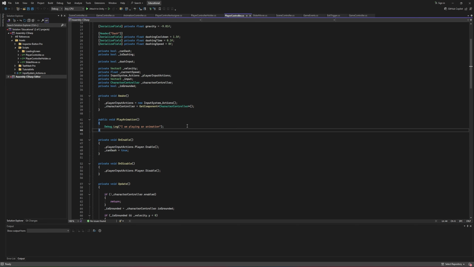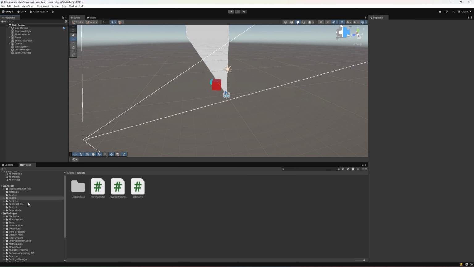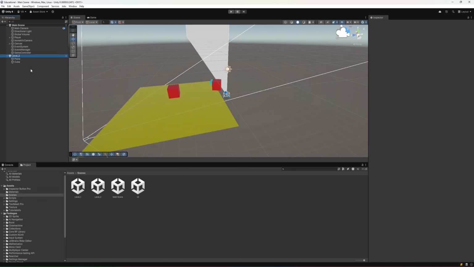What we will do now is invoke a PlayerAnimation function in a PlayerController. But the invoker would be located in a different scene, meaning in Level 2. So we will need a Scriptable Object to pass a PlayerController object to Level 2. Usually I would use an interface to do so, but for simplicity we will pass a PlayerController object as